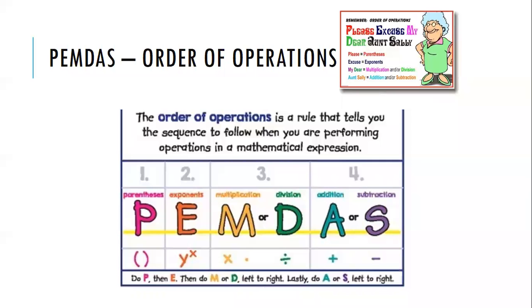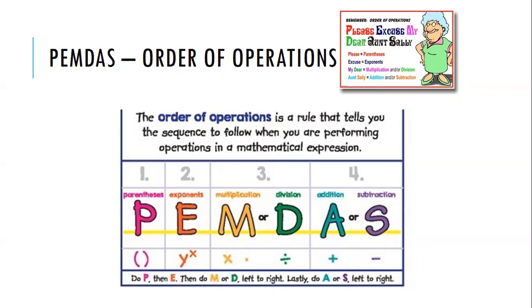So we have PEMDAS, order of operations, okay? When I was in 5th grade, we learned PEMDAS as, please excuse my dear Aunt Sally, okay? And so Aunt Sally is how I remembered. Order of operations is a rule that tells you the sequence to follow when you're performing operations in mathematical expressions,